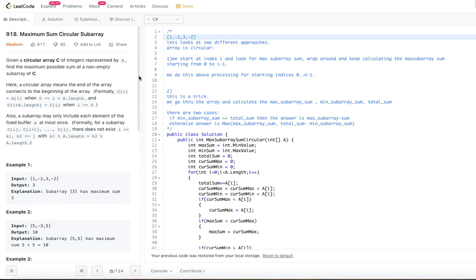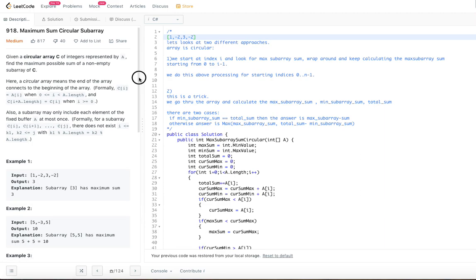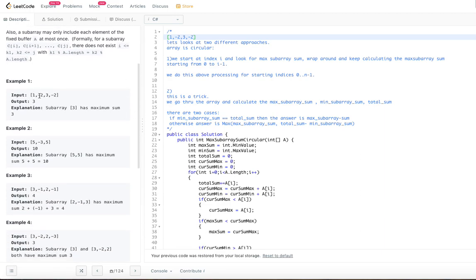So let's try to understand what the maximum sum in a circular subarray is. Here, 1, -2, 3, -2. If you keep adding the elements, this becomes -1. If you add this, it becomes 2, but 3 itself is more than 2, and when you add -2 it becomes -1. So all in all, if you just take this 3, that will be the maximum subarray. By looking at this array you could say that.